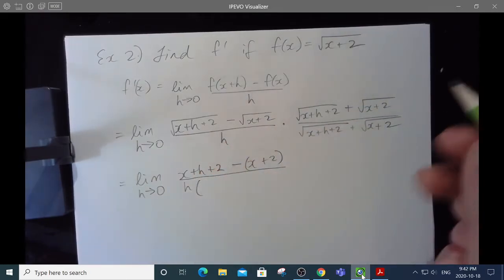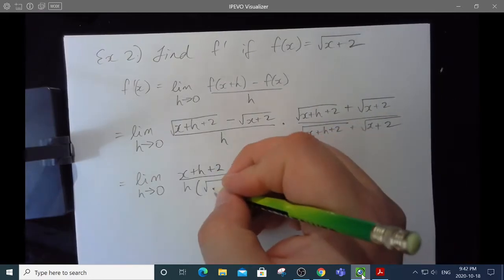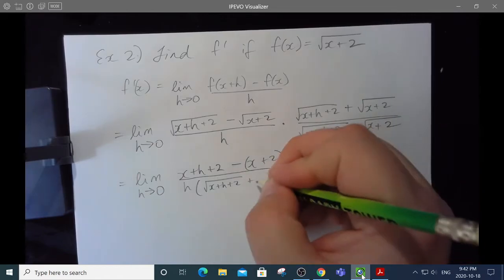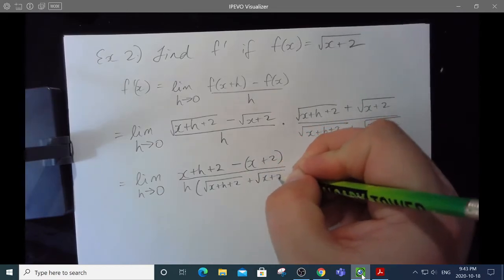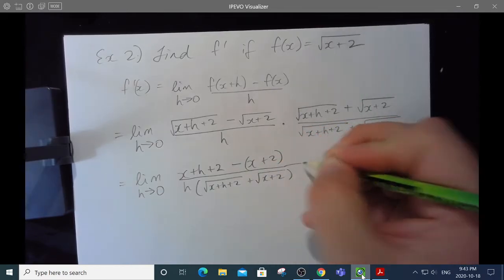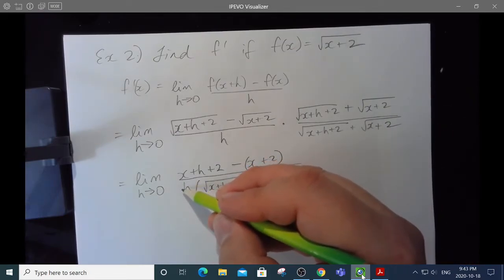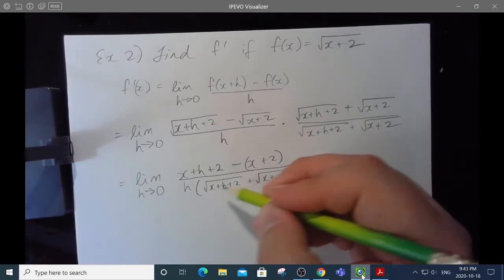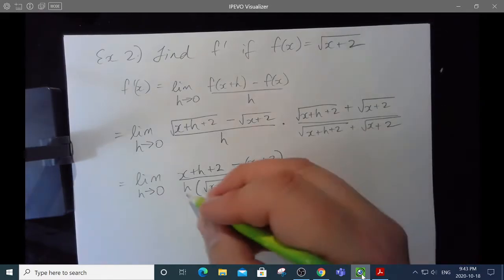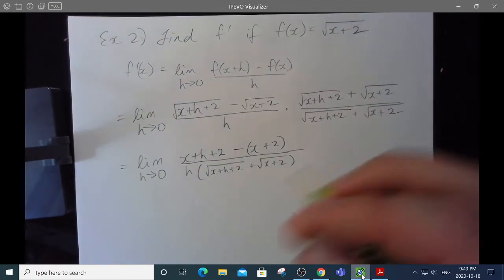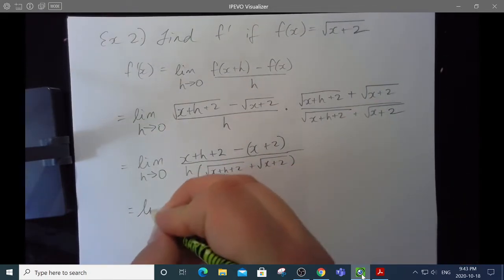Now, the denominator, I'm not going to bother multiplying out. We kind of learned this last unit, that this almost never gets us anywhere. And at the end of the day, we don't really care what this denominator is going to be, because at the end of the day, if we can cancel this h somehow, plugging in a 0 for this h won't make 0 for the denominator. So really, this is the thing we have to kill. This is our target. And I can see we are about to kill it, because this is going to be